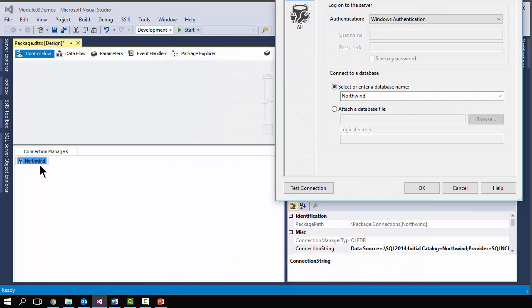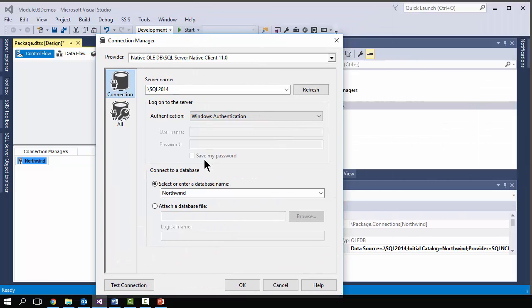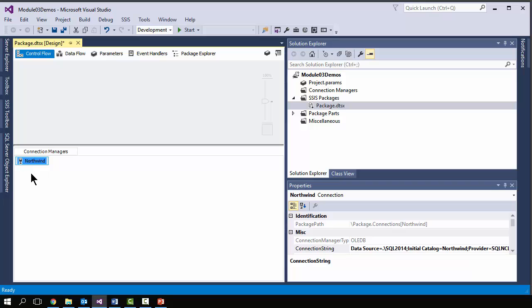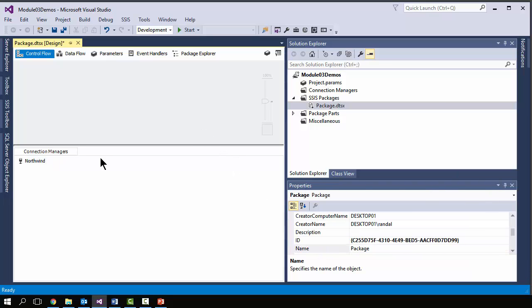You can also double click on the connection. Doing so brings up the same dialog window. It's just the default behavior. That's because they know that when you move packages from one machine to the other, you're probably going to need to change the connection. Now, having a connection